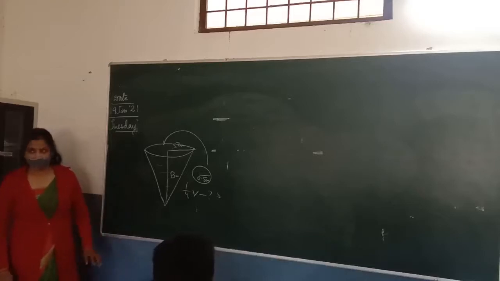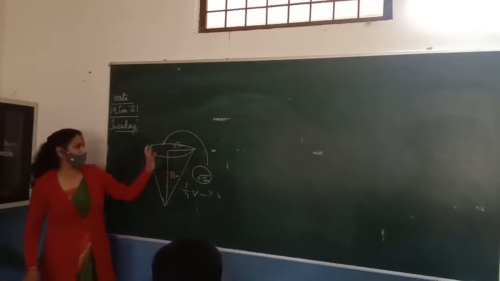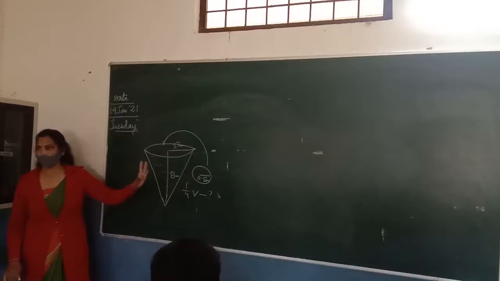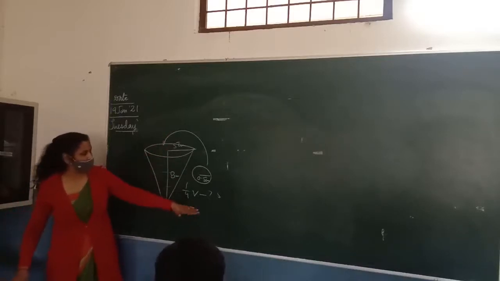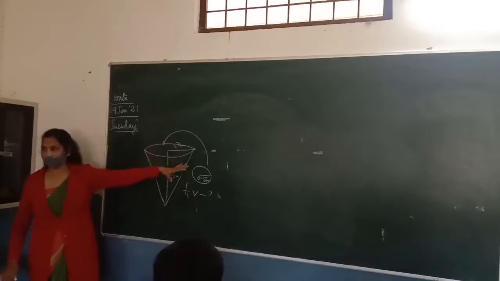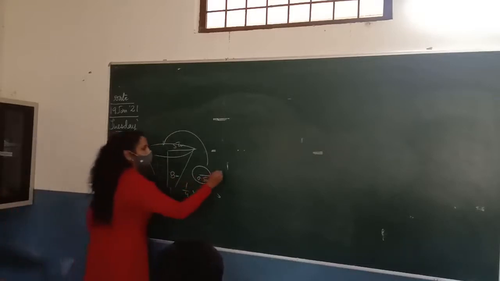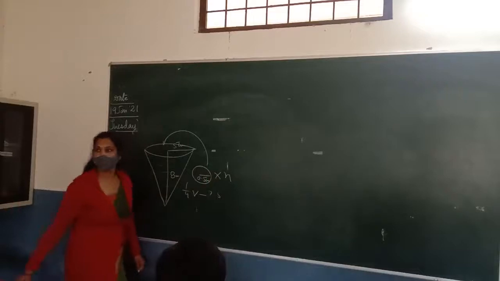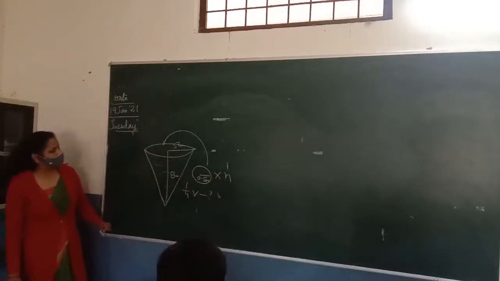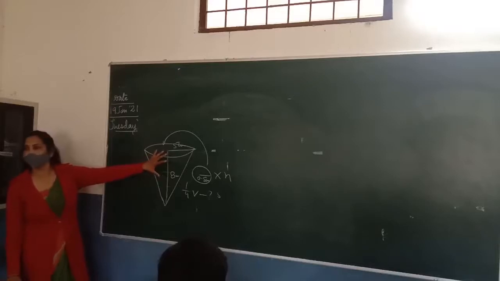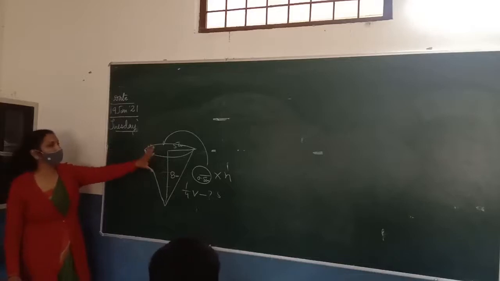You have to find how many lead shots are there in this conical container, if it is given that 1/4 of the volume of water is coming out from this cone. If we drop n number of lead shots here, so let the number of these spheres be n. So what should be the volume of the water in the container? What should be the volume of the water in this cone?